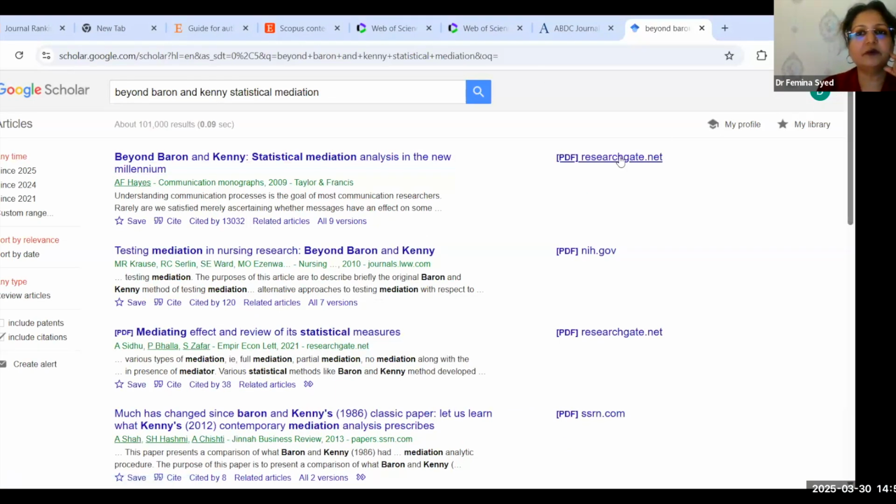It is also downloadable by clicking on the right-hand side. Click on it, you will see the PDF. It is downloaded. Now you can see the citation here. It is cited by 13,000. So here there is a cite button. Click on it.